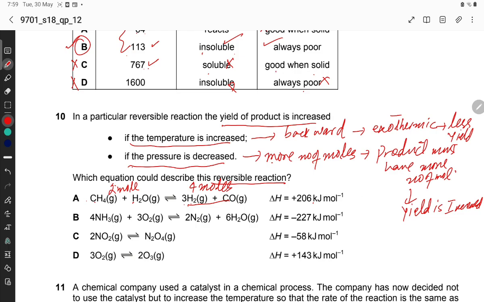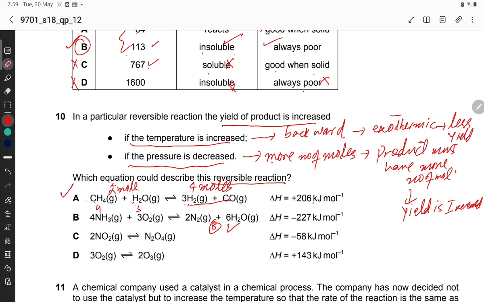By decreasing pressure, the reaction will favor the forward or right hand side, so more yield is produced. So this option is correct. Now look at here, 4 moles, over here 3 moles, 7 moles, and over here 8 moles. So in case of pressure, this is